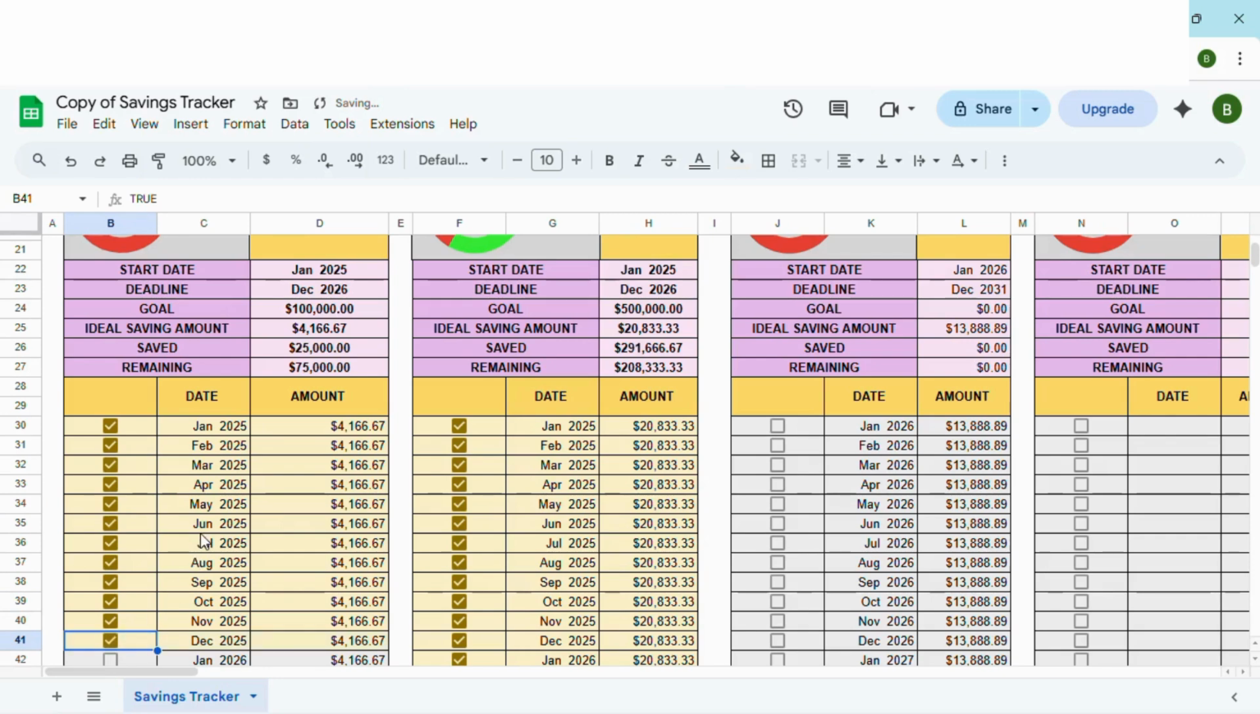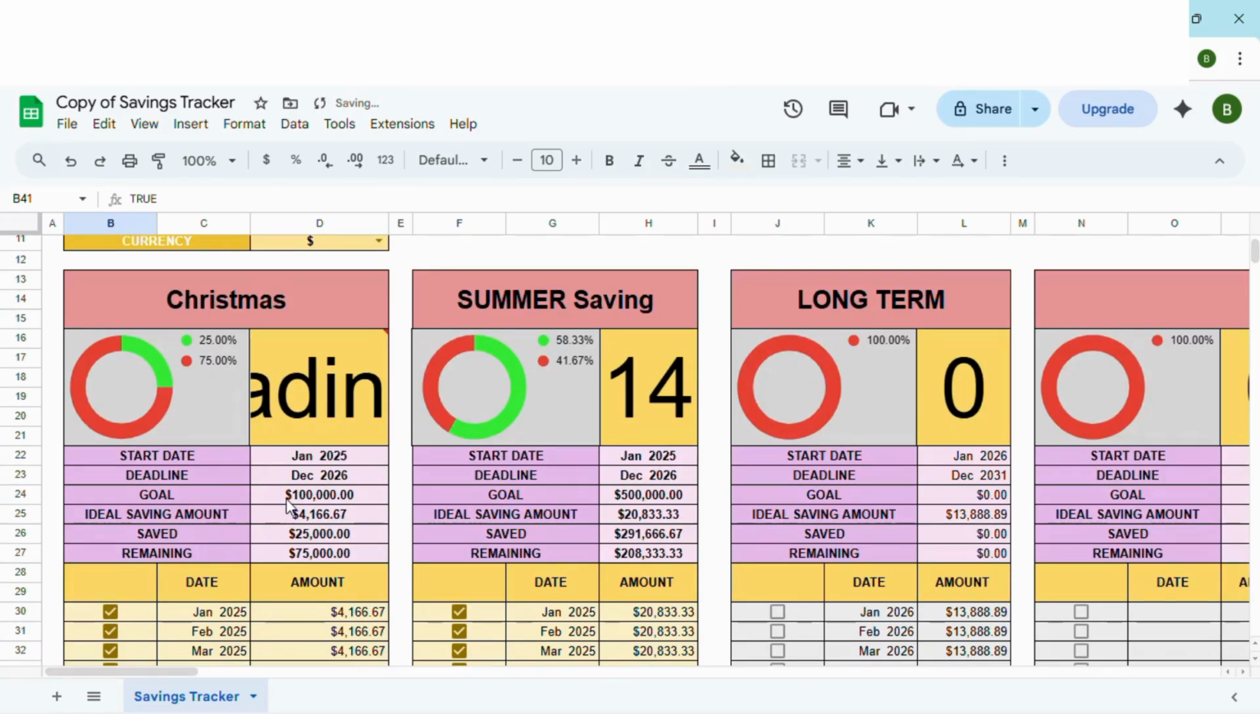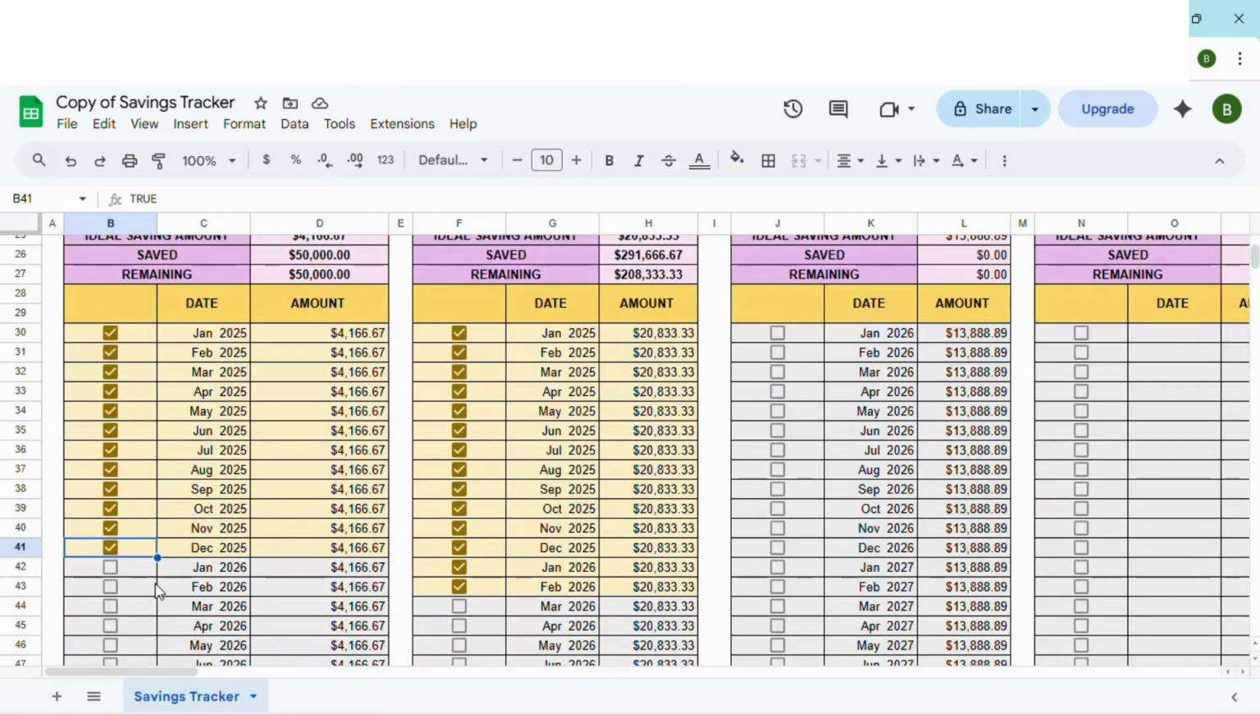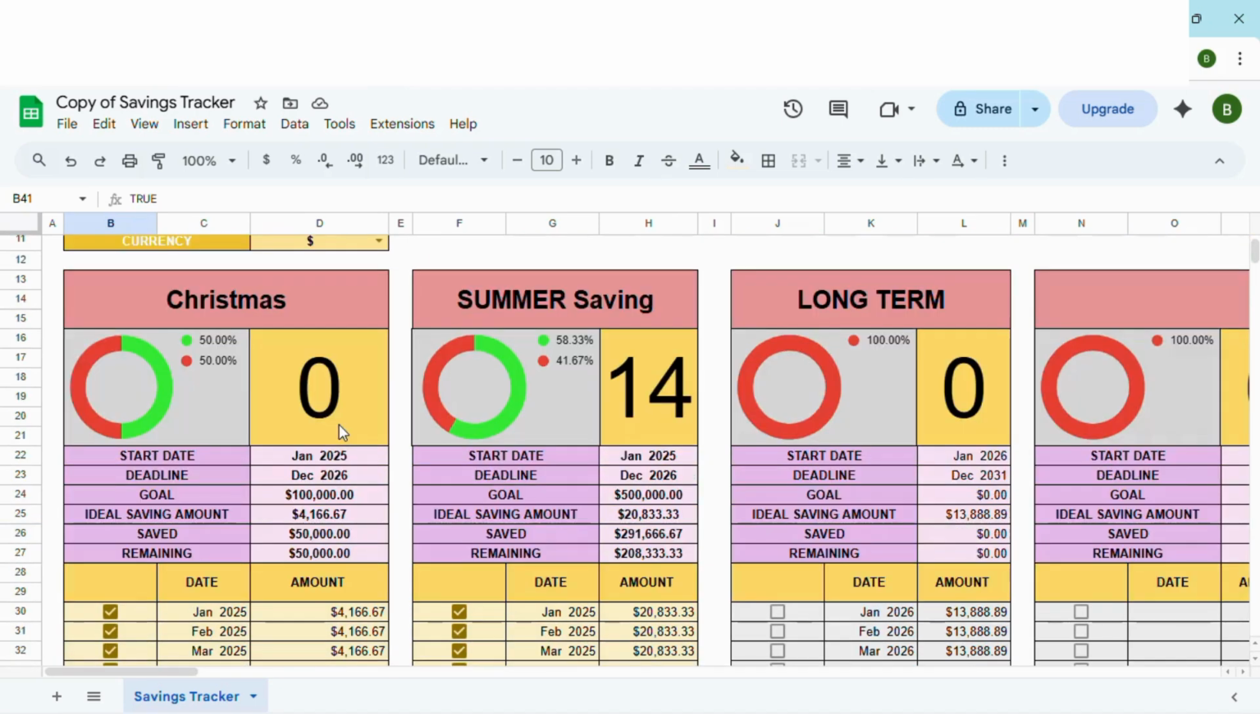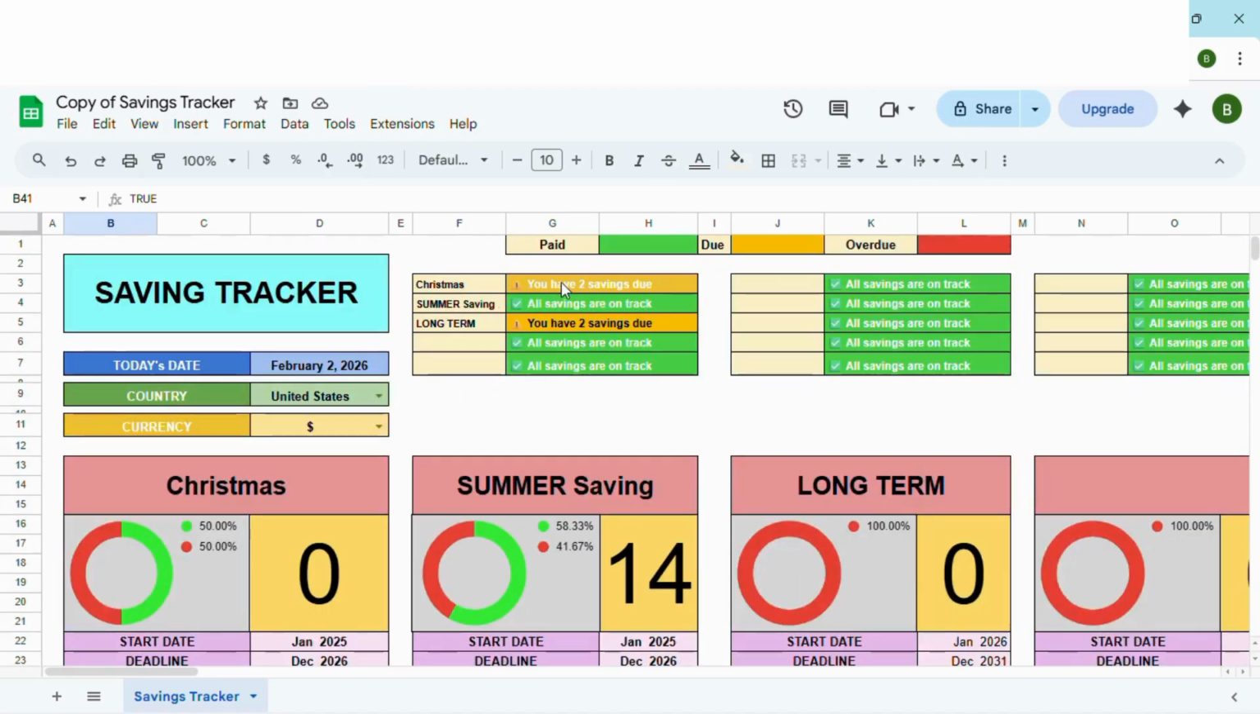Okay, now we have clicked until December. It will still show 0 because the current streak is not there. If you see now, currently it is Feb 2026, so there is no current streak, so it shows 0. Now if you go here, now